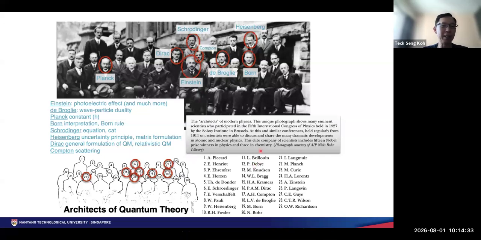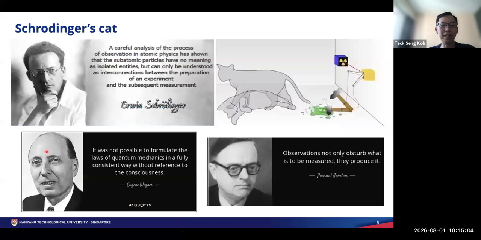Okay, let me continue then, because I have a lot to share. You might be familiar with some of these things. Einstein talked about the photoelectric effect and much more, broadly the wave-particle duality. I'm going to talk about Born's rule and Schrödinger's cat, and of course Dirac notation. Heisenberg comes in, I think, rarely, Compton not. But besides these people that you're familiar with,